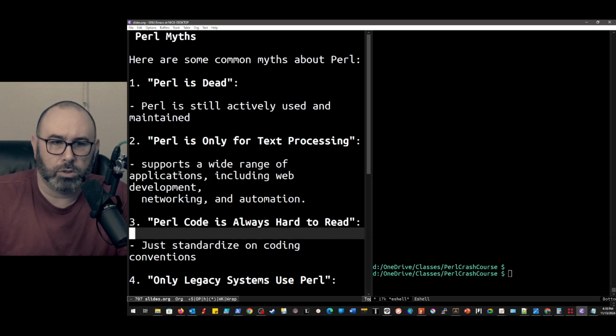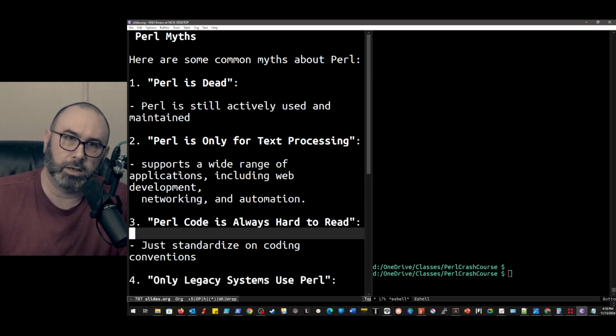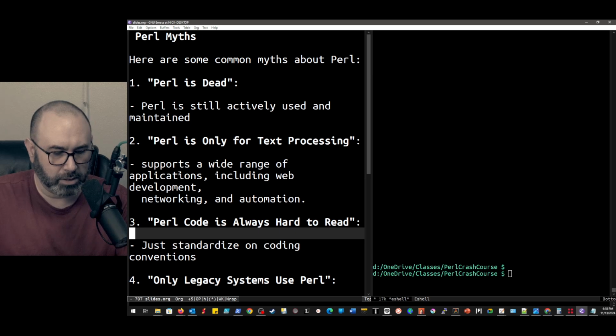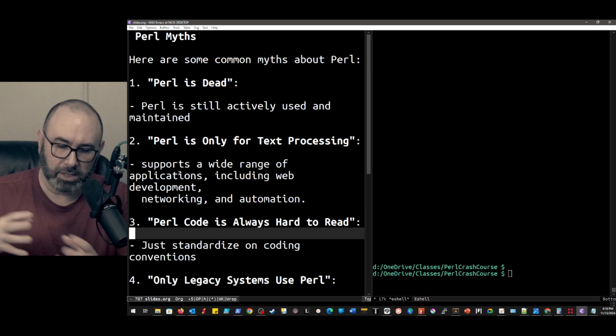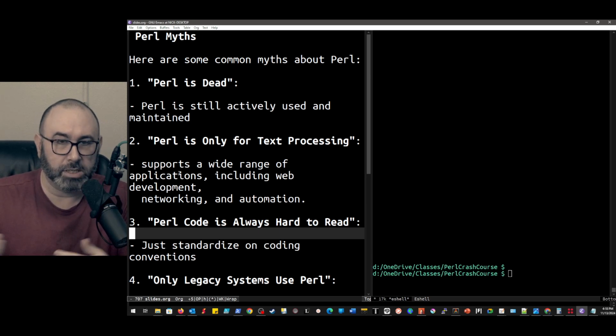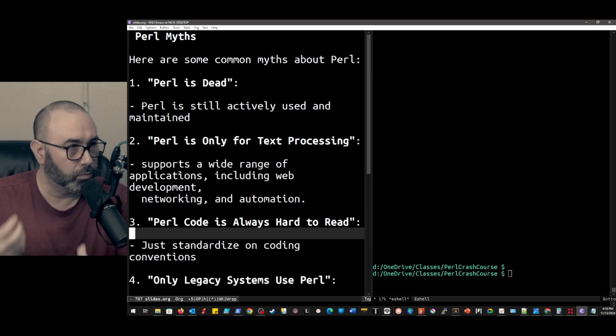PERL code is always hard to read. That one is just not true. One of the things we'll talk about as we get through this is there's a design philosophy in PERL that's different than, let's say, Python. And that design philosophy is there's more than one way to do it. So what that means is different people will have different takes on how to go write PERL.